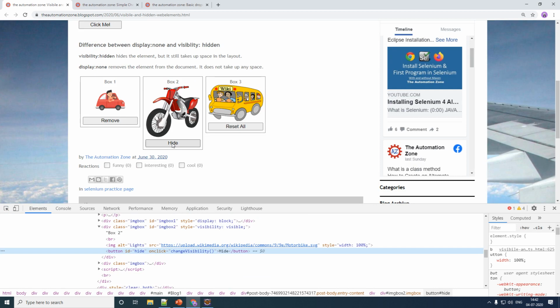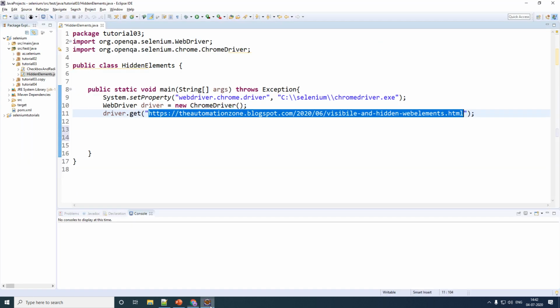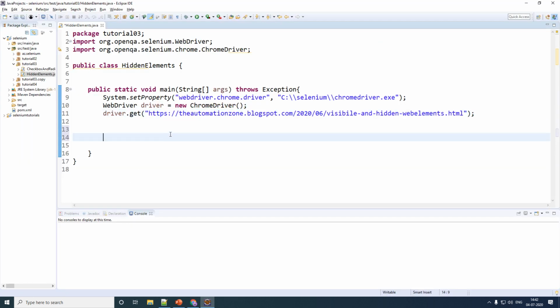Now when you do that, you will be able to view all of the properties of this particular button right here. As you can see, it's a button and it has an attribute called id equal to hide. So in Selenium, we are going to identify this button by using the locator id, and the value is hide. So let me open up Eclipse again and let me write down the code, which is